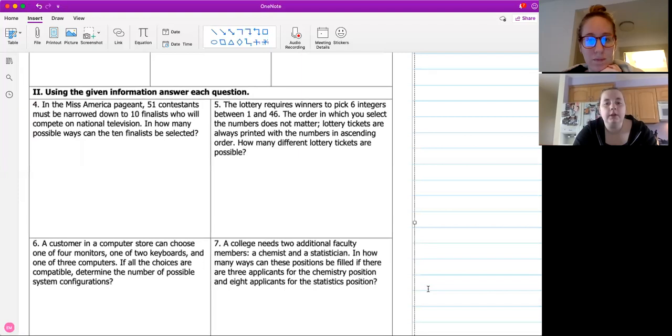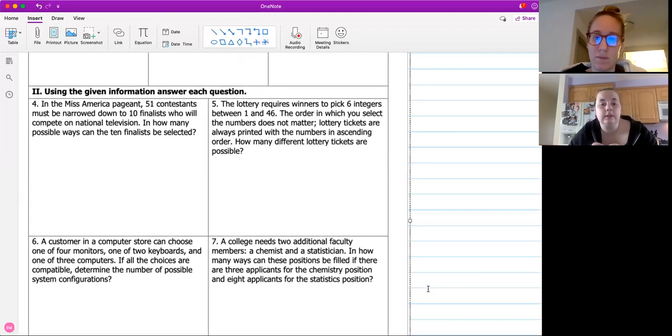So the lottery requires winners to pick 6 integers between 1 and 46. The order in which you select the numbers does not matter. So this right here automatically tells me that I'm dealing with a combination. As soon as it says order doesn't matter, you're dealing with a combination. Now, obviously on tonight's homework, it's all combinations,